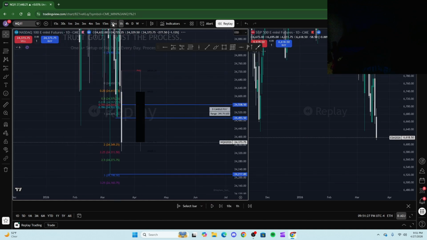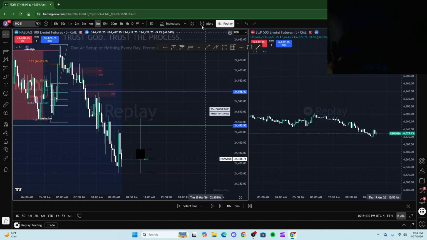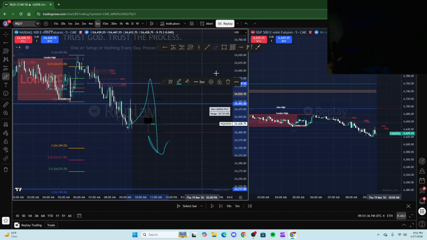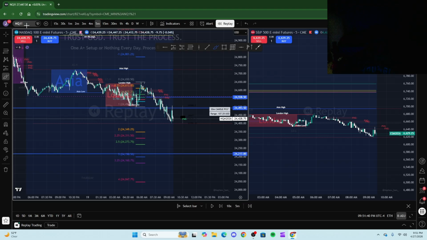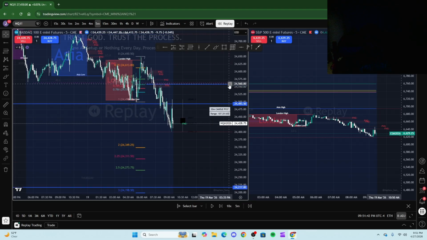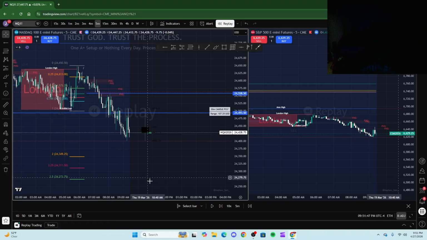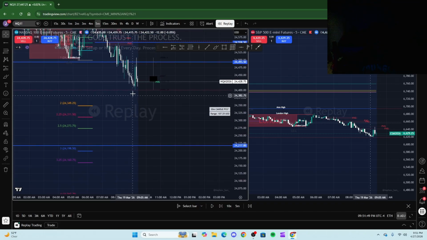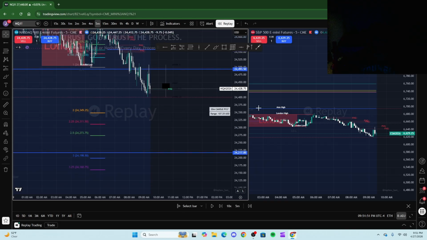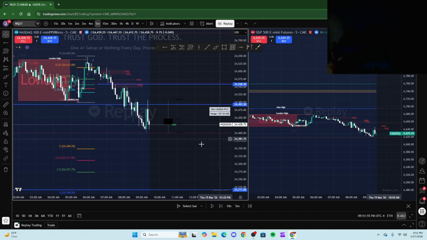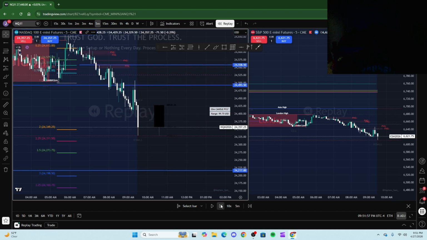So yeah, I want to say to myself, okay, I have my bias. I have my PD arrays marked out. This is the only high that I would take a short off of. Maybe we retrace and go. And then this is my main target. Maybe I'll take longs off this depending on the reaction. But I'm only going to take a trade if it's a short continuation to this low, if it's a retracing and short like an AMD to this low, or if it's a long off this low. That's it. That's all I'm going to do. And if I don't get a trade, then that's fine.